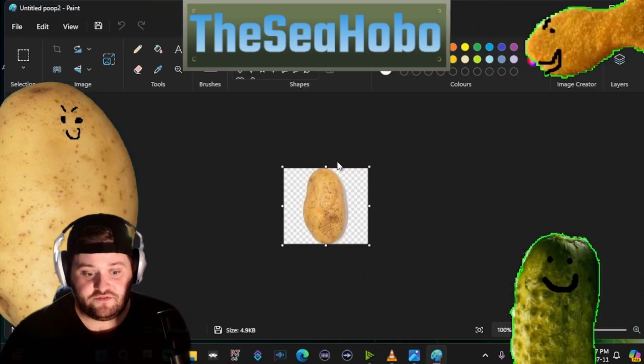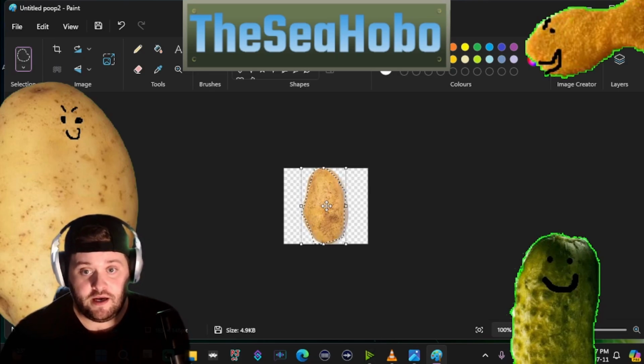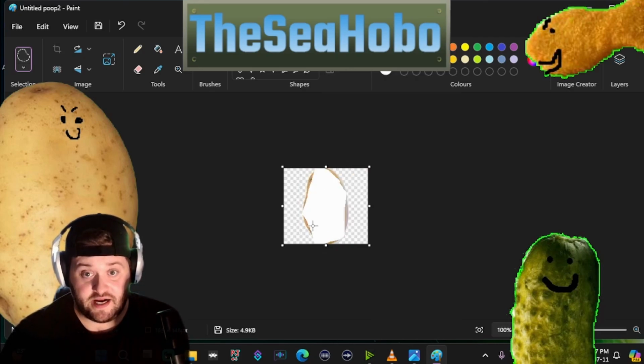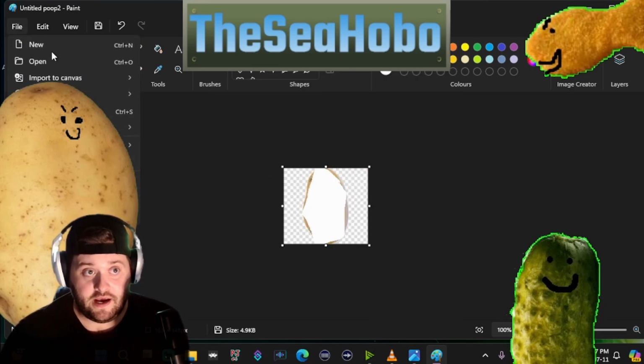After I went to Microsoft Paint, I was able to go over here and select the freeform tool, which allowed me to outline the potato. I'm not going to do a great job here, but you could spend more time on it when you're working on it. And then once I have the ability to pull the image of the potato off of the thing, I can right click again, cut it so that I have the image of the potato, and then open my